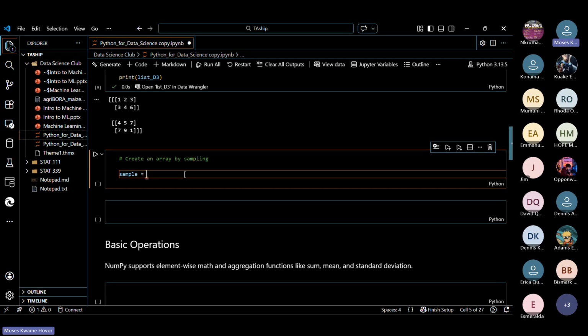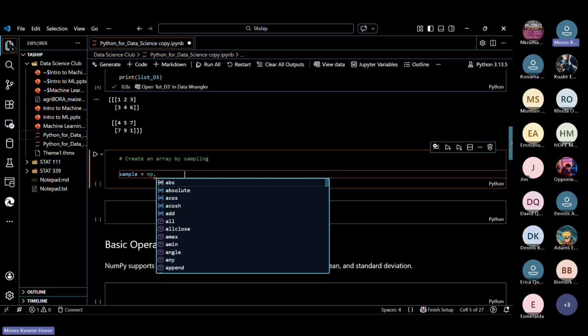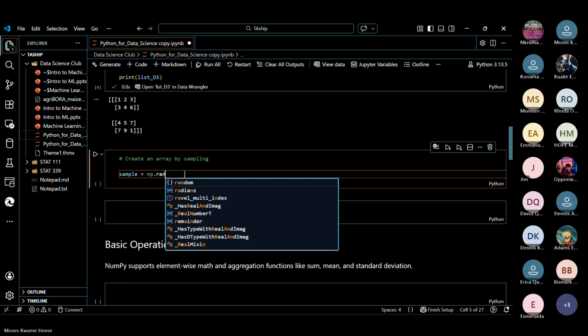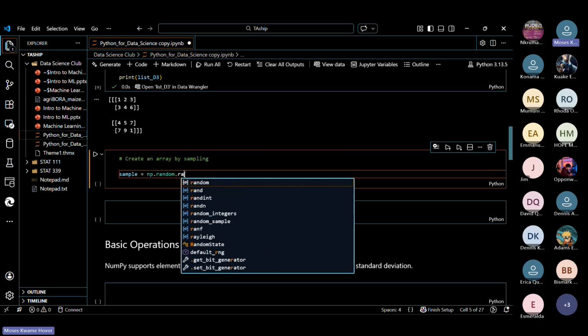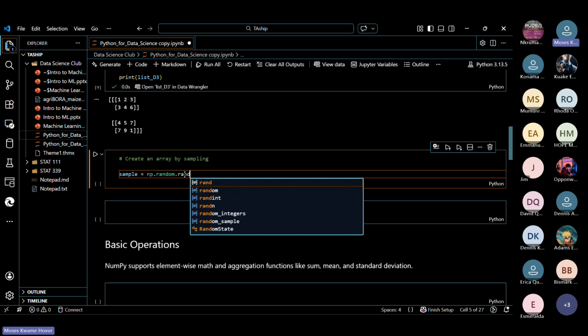We are still using NumPy, so I'm going to do np.random.randint, because I want integers.